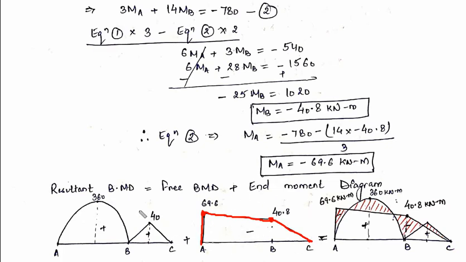Now superimpose these two diagrams. After superimposing, this is the common area which is coinciding. This much positive as well as this much negative area are coinciding, therefore they will cancel out each other, and this overlapping area will also cancel out. The remaining portion will give you the bending moment diagram for this continuous beam. So this shaded portion in red is your resultant bending moment diagram for the continuous beam.